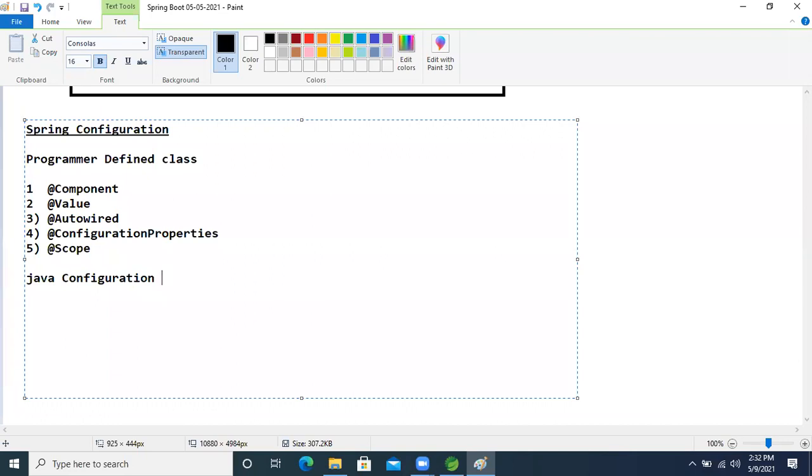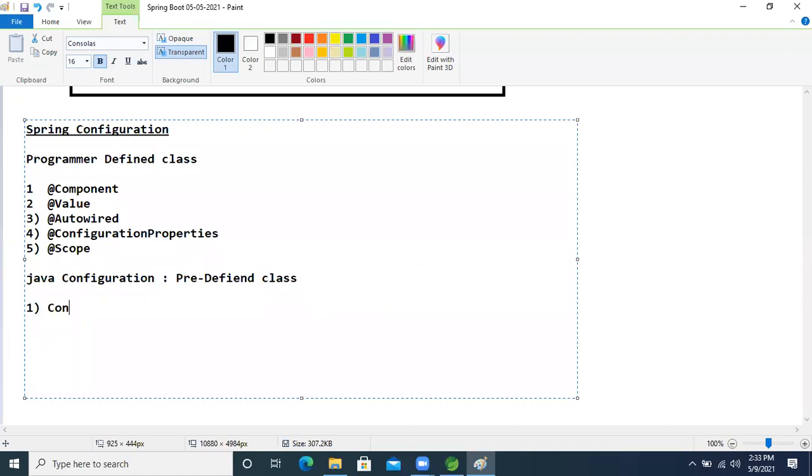In the Java configuration, with predefined classes, I'm listing out whatever annotations we will use.